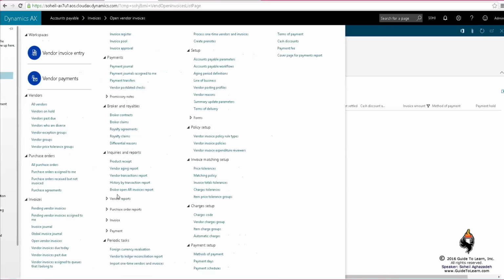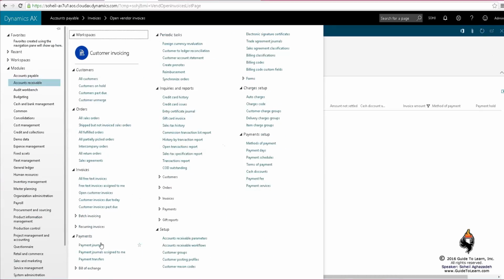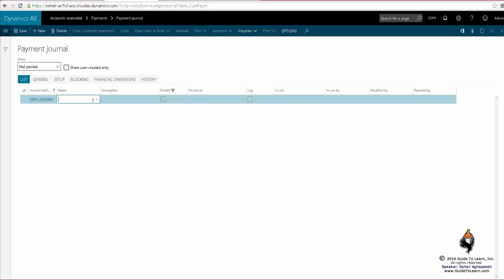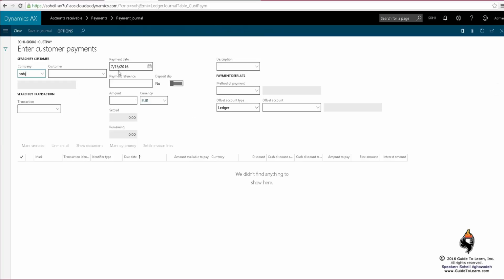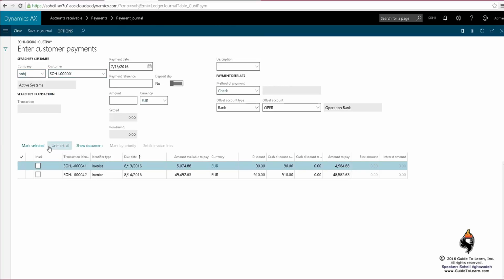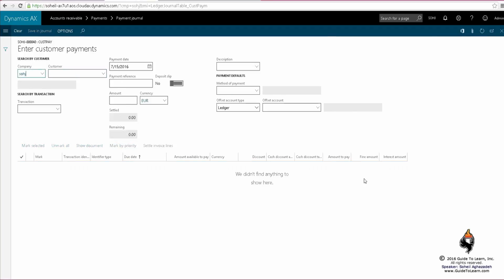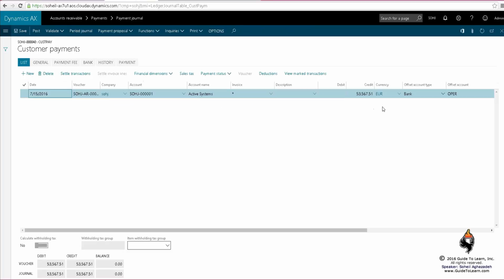And finally, if I go to accounts receivable and take care of the payment journal for my customers, I click new, pick and choose a customer payment, pick and choose the enter a customer payment button. I pick the customer of my choice, and that indeed brings up all the invoices that are due by that customer, and I can mark all of them. And we already talked about mark by priority, ascending or descending, but I'm just going to select both, save it in a journal, close this form, go back to lines, and as you see, I am actually depositing this much money into the bank.